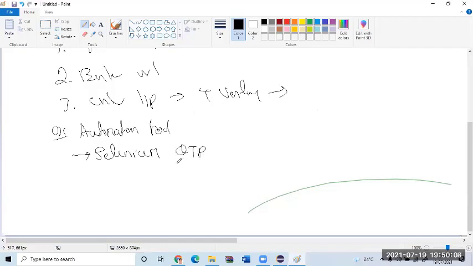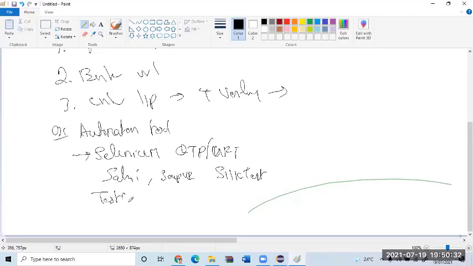QTP. UFT is another name for QTP. Sahi, yes, very good. SoapUI is for API testing. Playwright, yes. Selendroid, yes. I hope you heard about Silk Test.